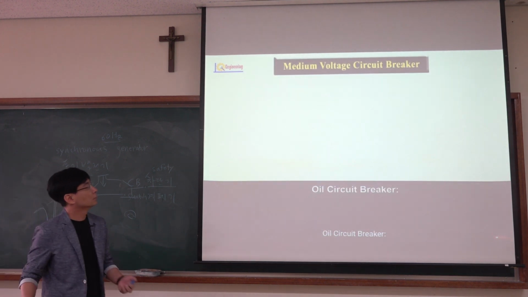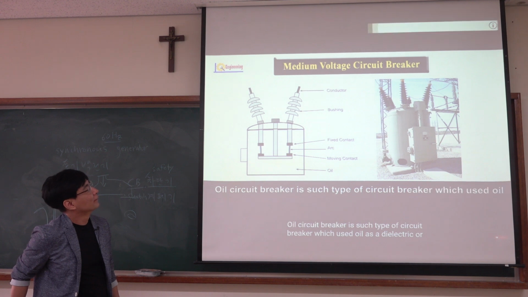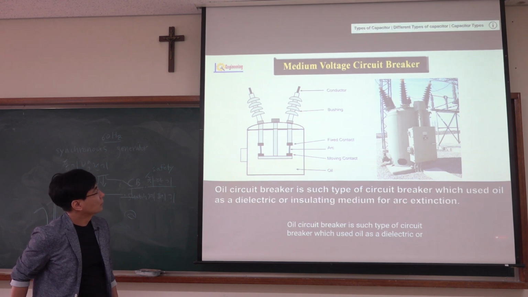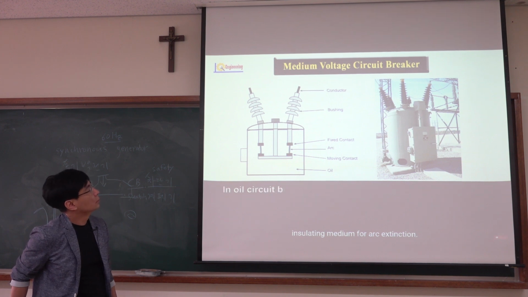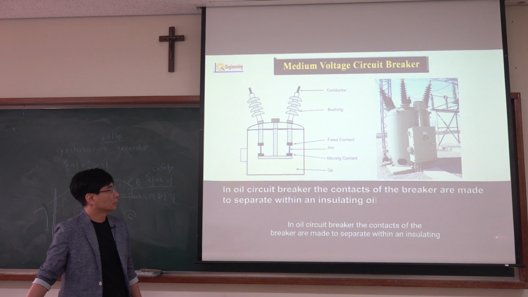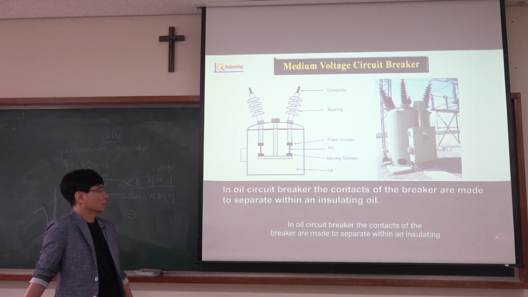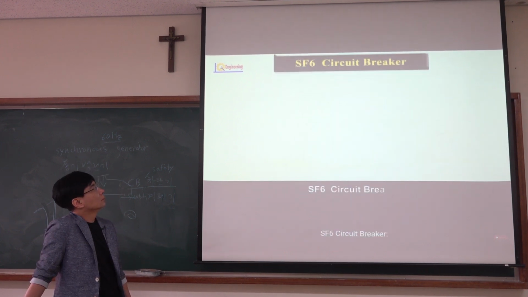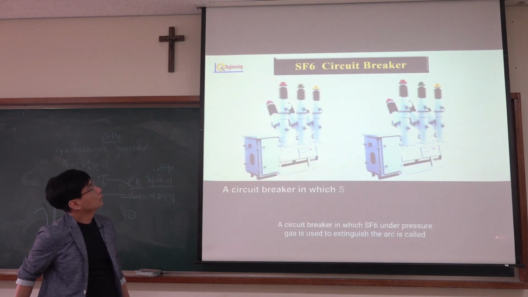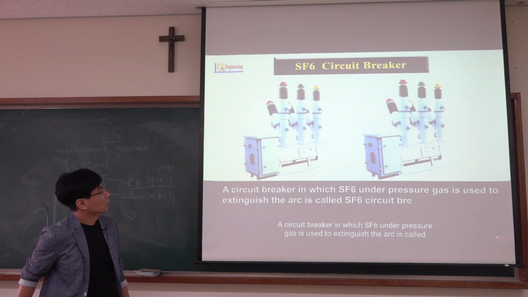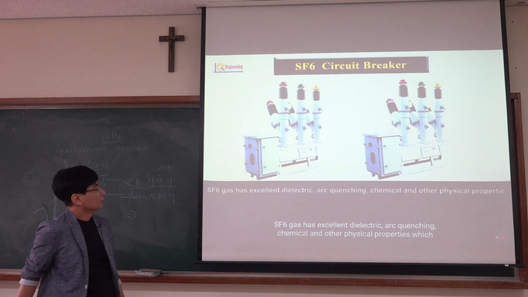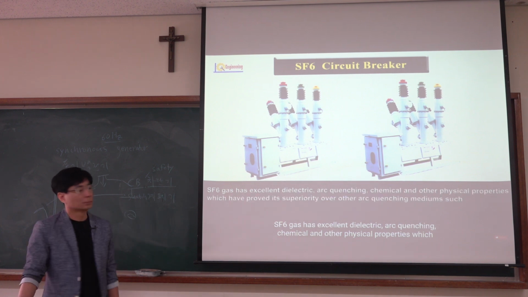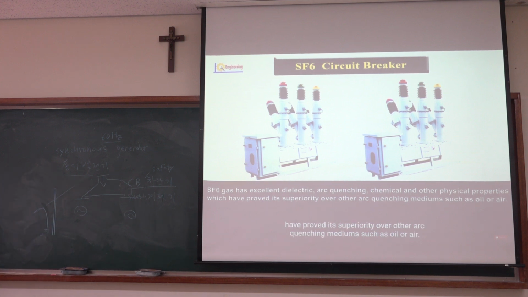Oil circuit breaker. Oil circuit breaker is such type of circuit breaker which uses oil as a dielectric or insulating medium for arc extinction. In an oil circuit breaker, the contacts of the breaker are made to separate within an insulating oil. SF6 circuit breaker. A circuit breaker in which SF6 gas under pressure is used to extinguish the arc is called SF6 circuit breaker. SF6 gas has excellent dielectric, quenching, chemical and other physical properties which have proved its superiority